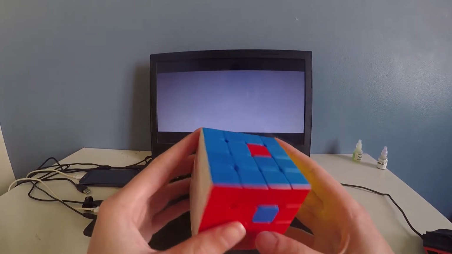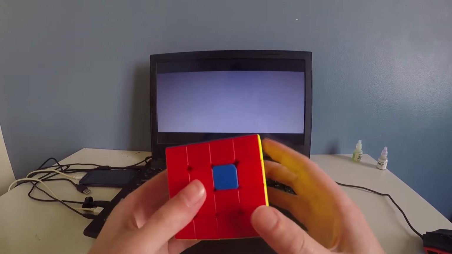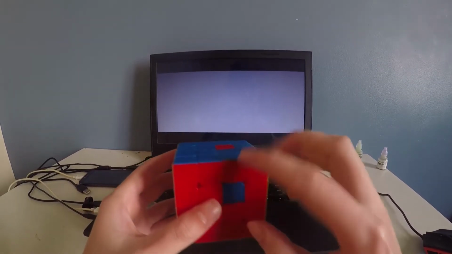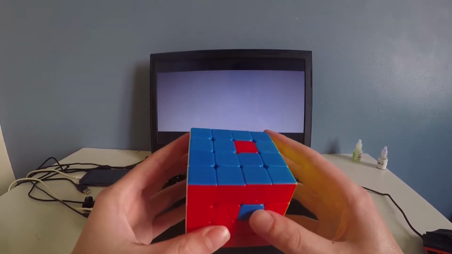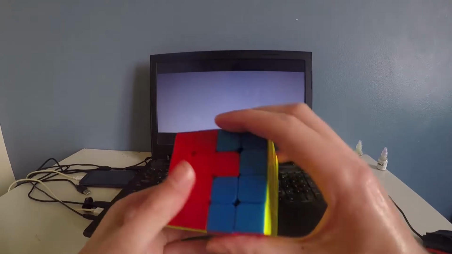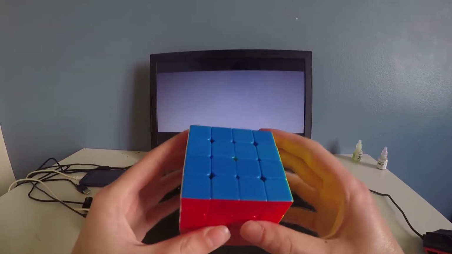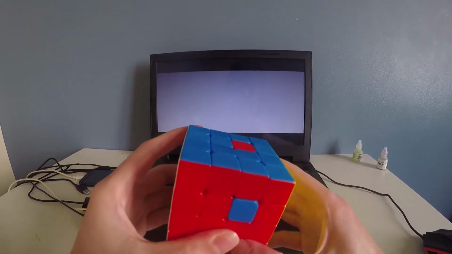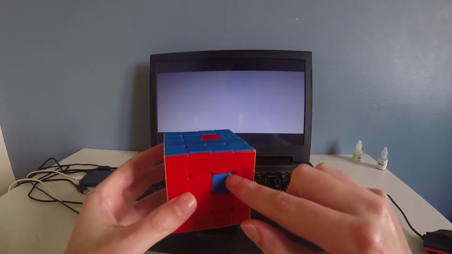So a lot of you will already be doing this, but if you don't, this should be pretty useful. If you have, say, UBR as your buffer, you use U2, and this is your last target, you would normally solve it like that, which is pretty bad. So what you should do instead is the comm for here to here to here, but